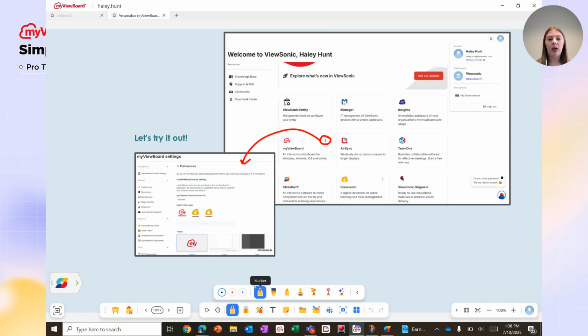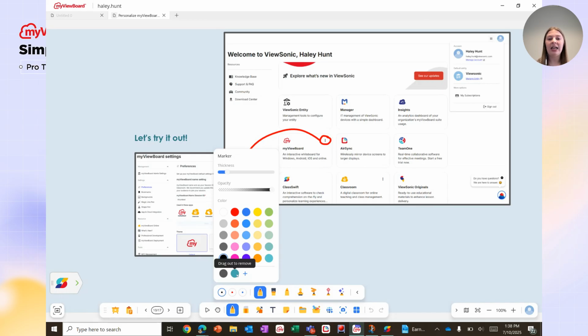These are here, and you're probably wondering, how do we change the color? As you can see, there are 3 default colors. It might be really small on your screen, but there is black, red, and blue. These are the default colors for my view board, but this is also a great way to edit and change the colors back to however you would want. So I'm going to choose this teal color, and I'm going to go here and let's do pink. I'm going to change the thickness, and I will change this to, let's do green,